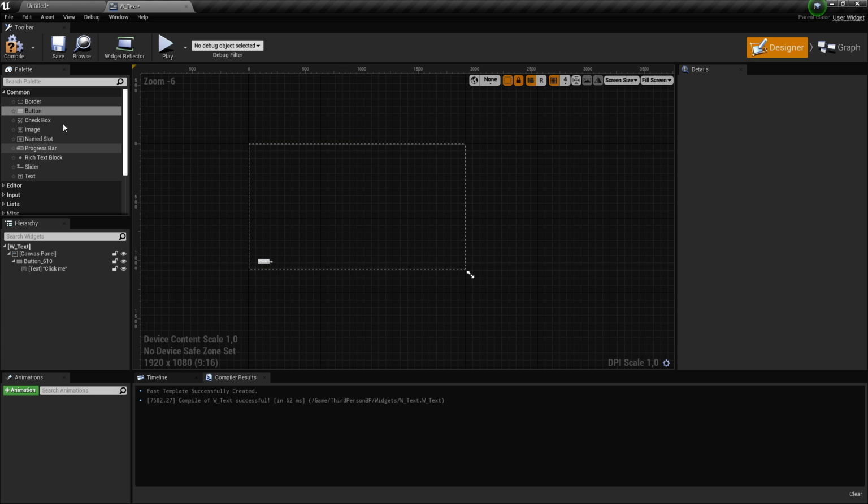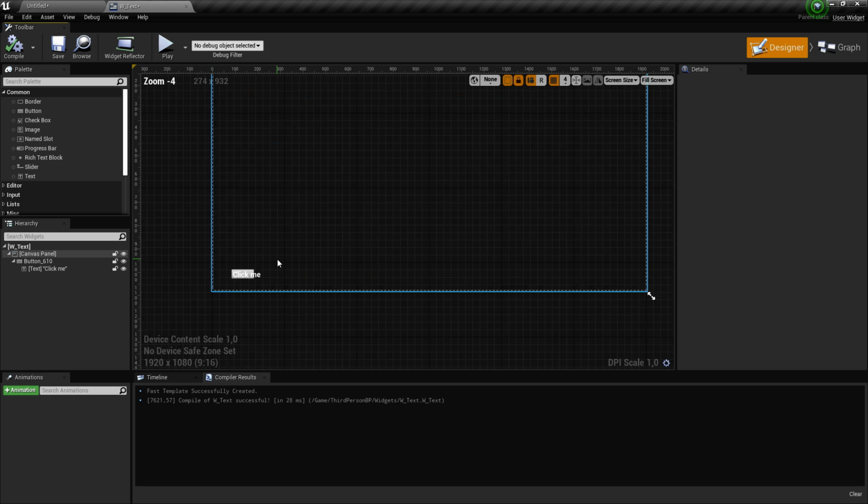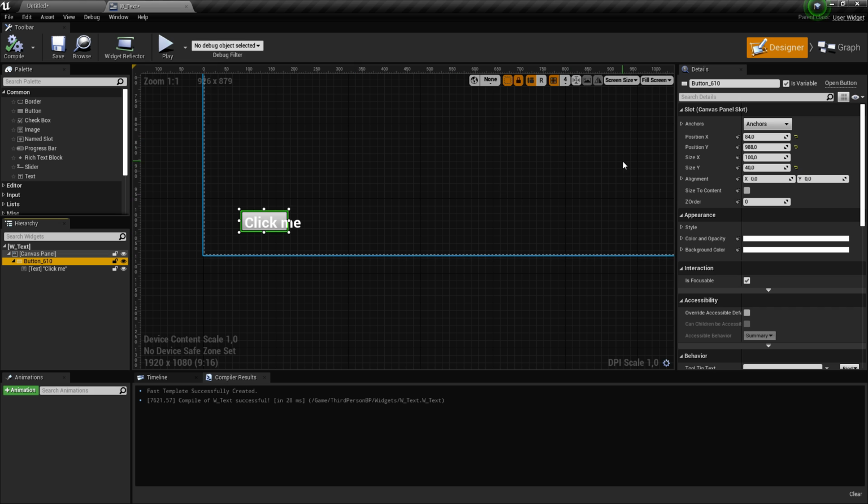So I can compile here. I'm going to click on my button. When I click here, I have the Details panel. The Details panel is basically where I'm going to organize the size, the position, the content, the color, or anything that is button related. I can change it here. I'm going to change the position and the size of it so I can fit my text.